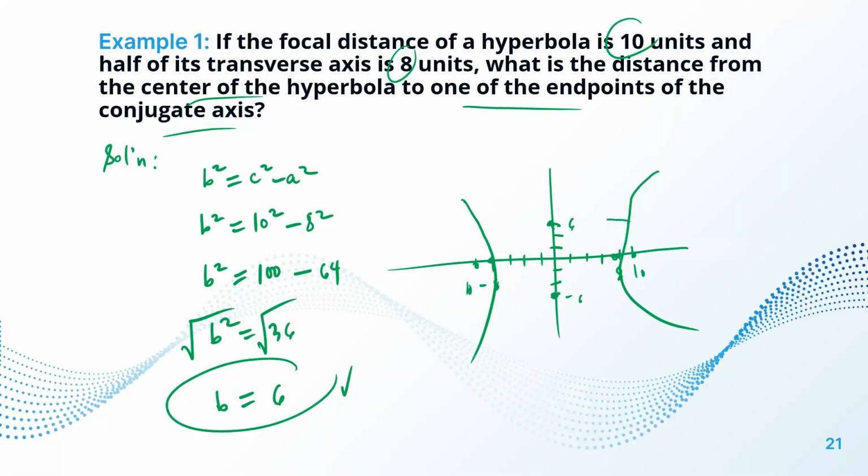We can then draw a rectangle so that the graph of the hyperbola is perfectly illustrated. So here again is the illustration of the graph of a hyperbola using example number 1. So next,